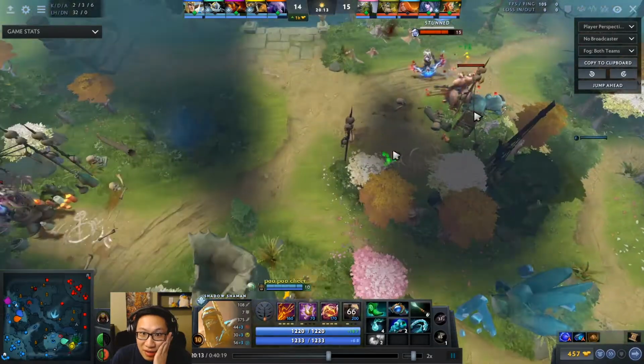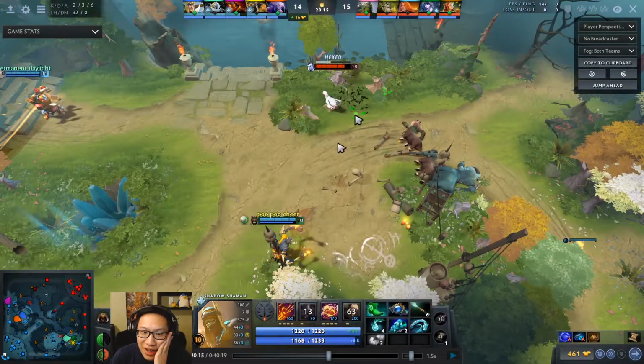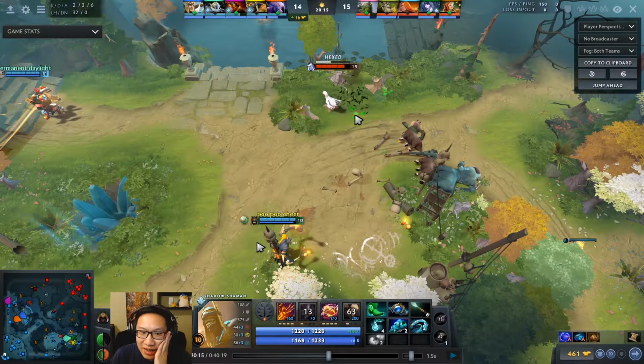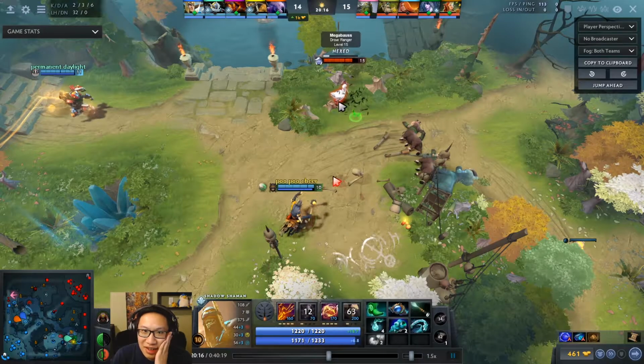Possible because of Aether Lens. Like, look how far you can hex. She has no time to silence. Whereas if he didn't have this Aether Lens, she probably silences him as soon as he walks around here, and he's not in range to hex yet. So,